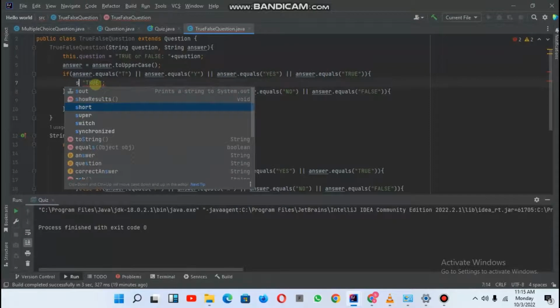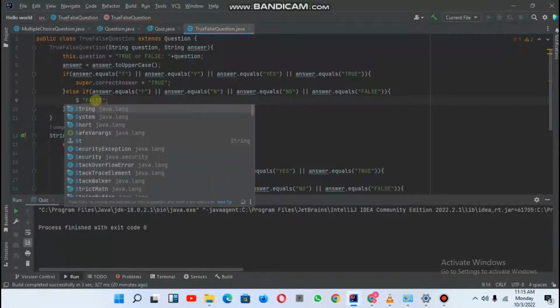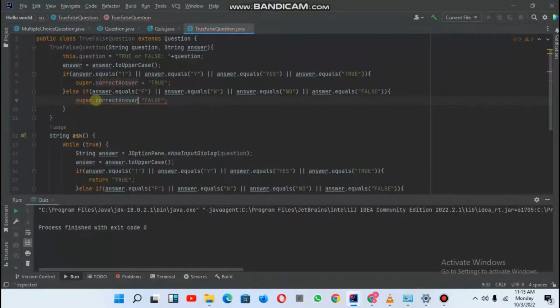So just saying super dot correct answer equals to this, then super dot correct answer equals to true. Okay,